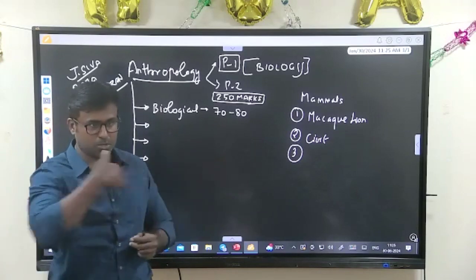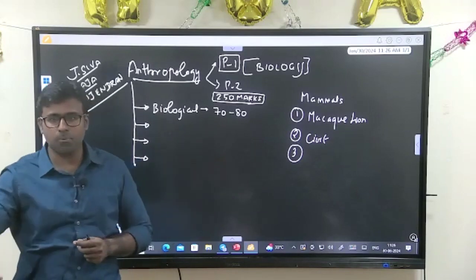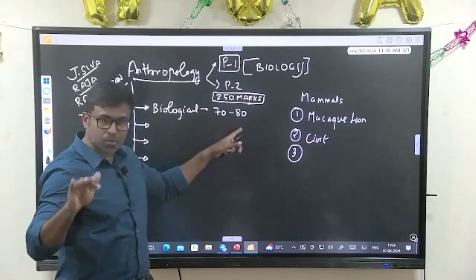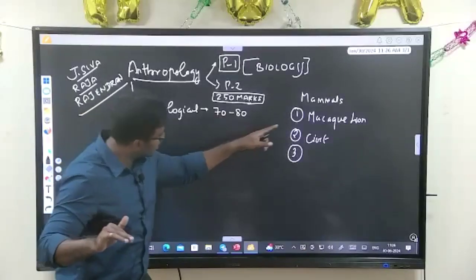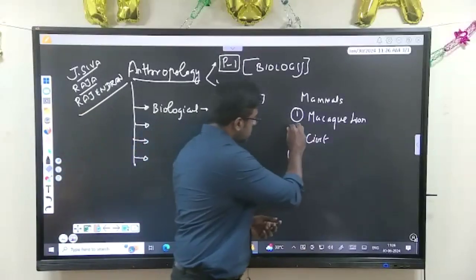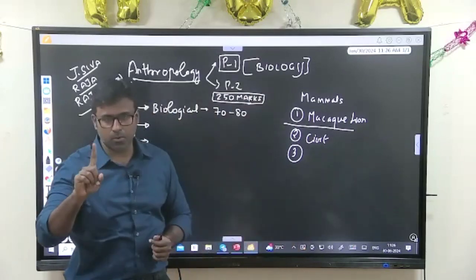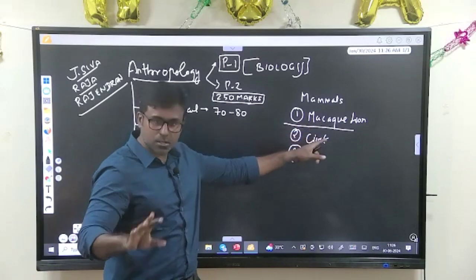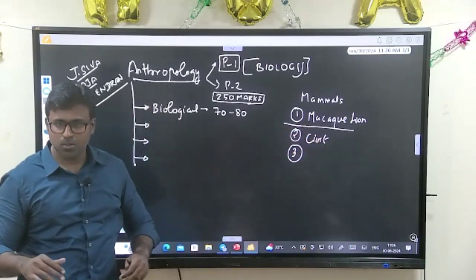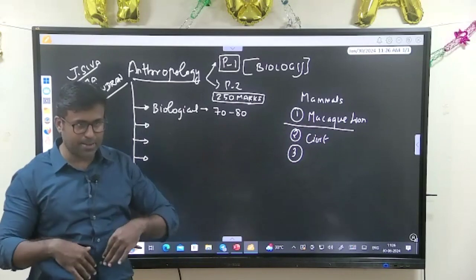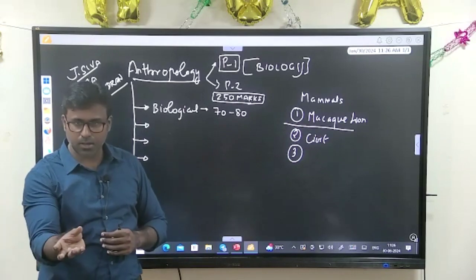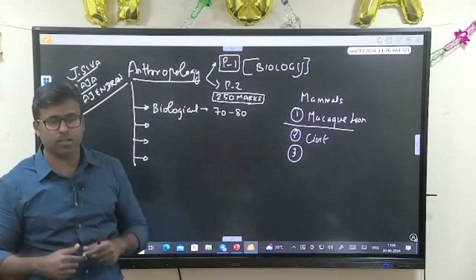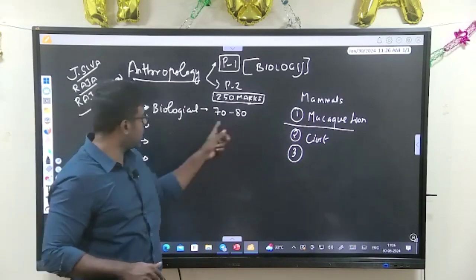Same environment in which we are walking was occupied by none other than dinosaurs, which were very huge. This is what we will read here. Here they have given one answer only, but logically, this one is not a nocturnal animal. So how, from a nocturnal animal, which was a rodent kind of thing, have we evolved into a big animal which is actually looking at everything in the light? This is what I will teach you here.